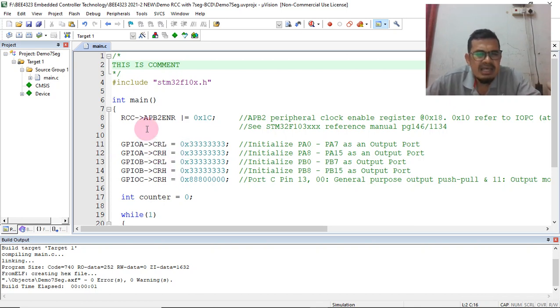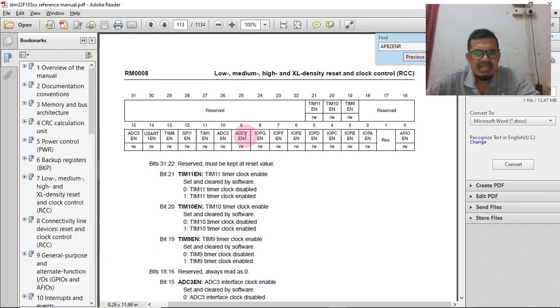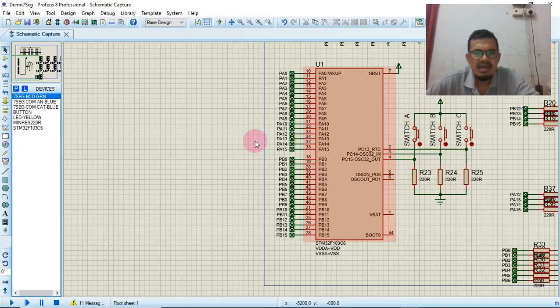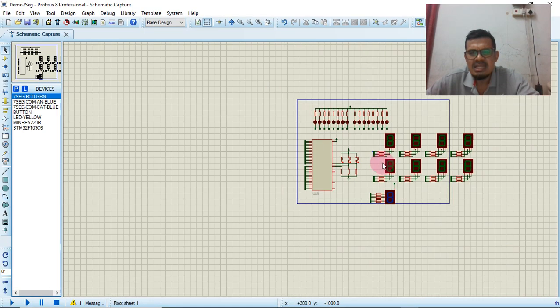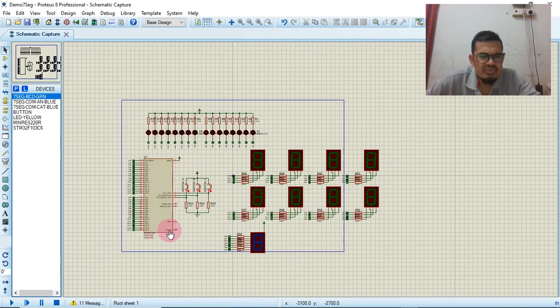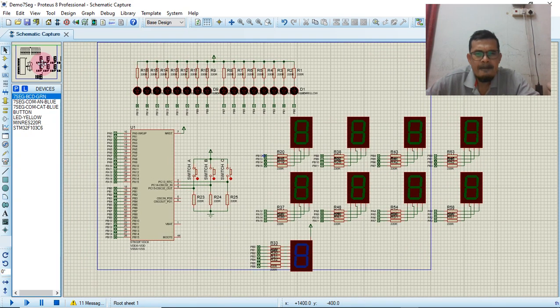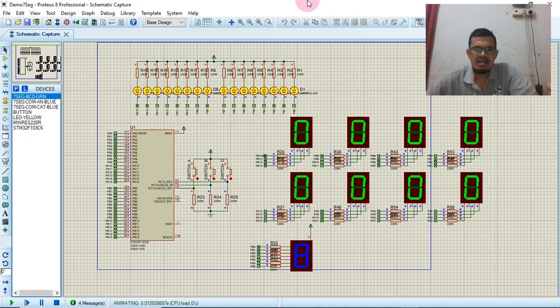Let's try to build the file, so 0 errors. Let us try to simulate our Proteus circuit. I run the simulation. Both the LEDs at port B and port A are running.